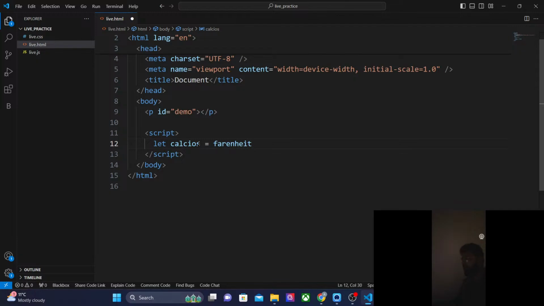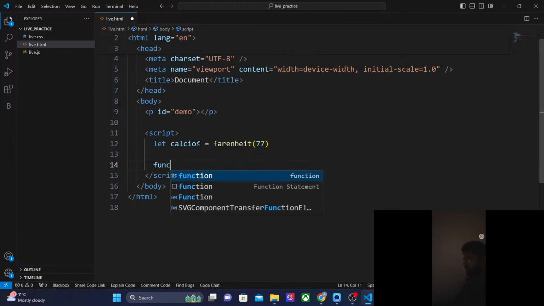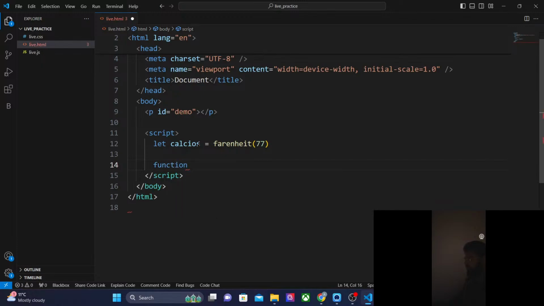So I have to put some value, like I want to put 45, 77, let's suppose. Okay, so what I have to do is create a function. What function? The function will be